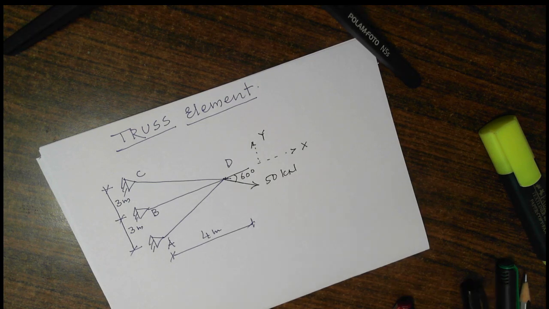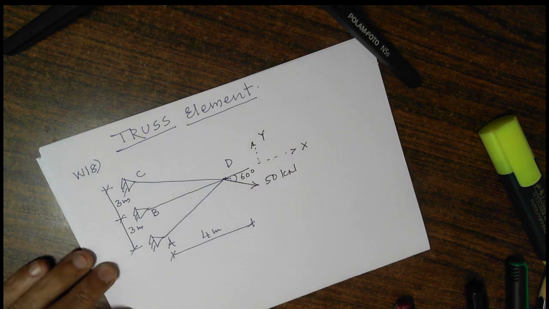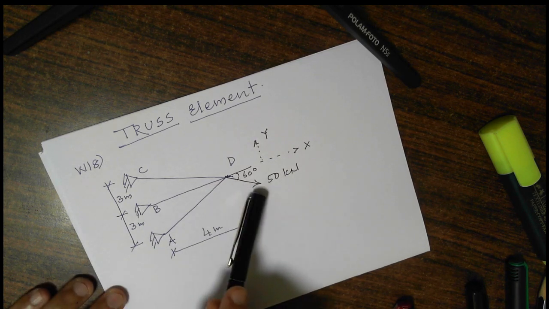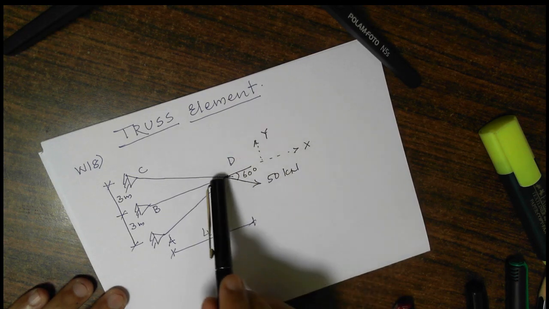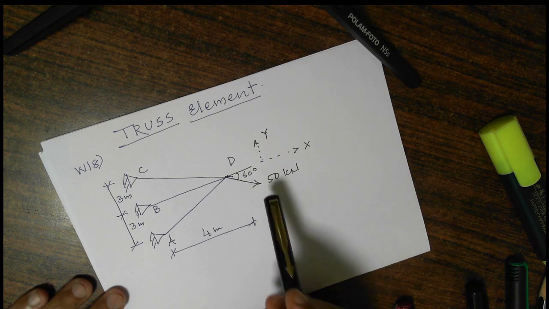So this is the winter 2018 numerical from our Rashtrasant Tukadoji Maharaj Nagpur University example. So this is the truss. This we need to analyze for and find out member forces in all the members. So this load 50 kilonewton is not a normal load which is acting either in x direction or in y direction. This is the load which is inclined at an angle 60 degrees with respect to positive x-axis